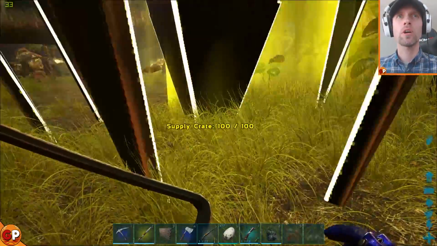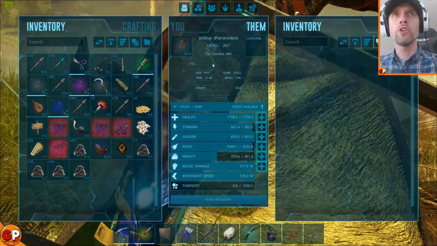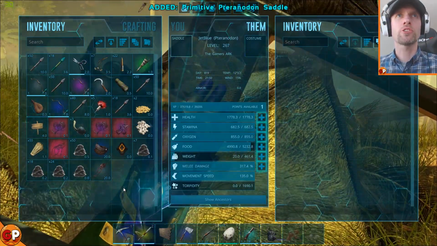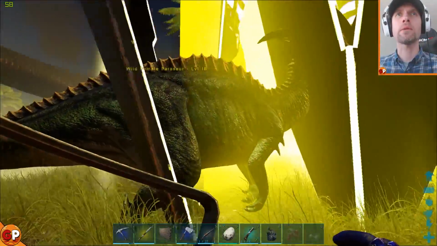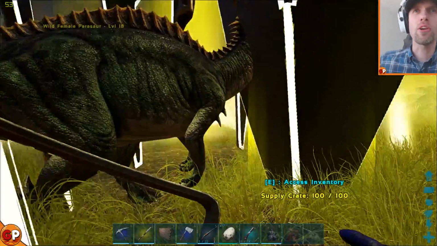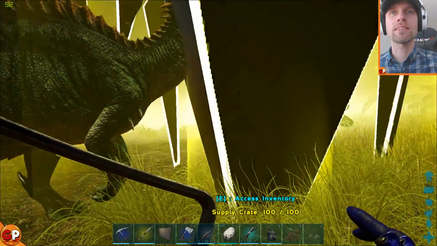Right, so you walk up, in fact, let's do what you normally do and take off your bird saddle. So you don't want to lose that. Oh, silly parasaur! Dear oh dear. Jen, control your parasaurs. Okay, so you access its inventory,